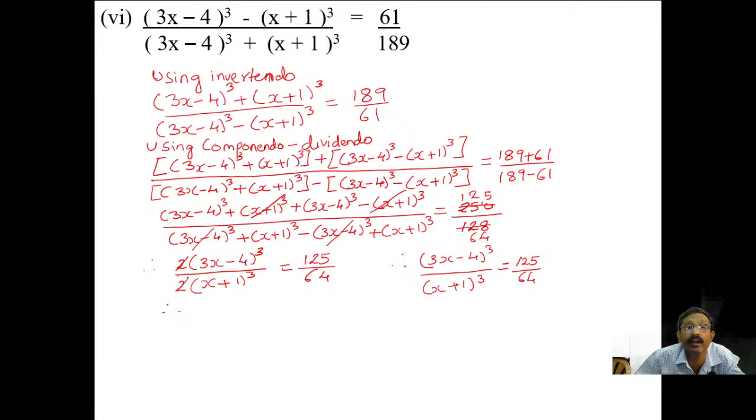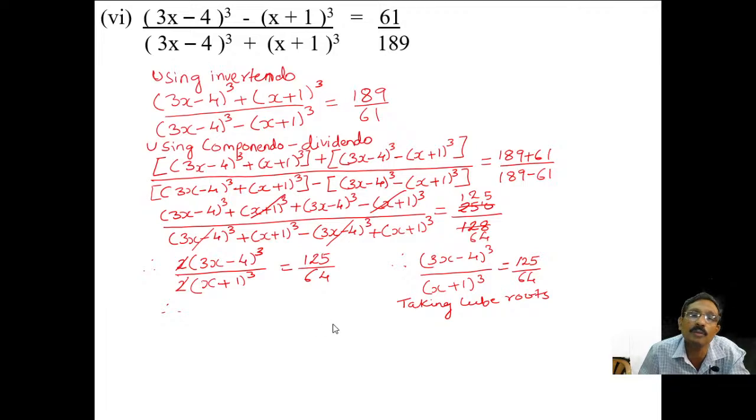What can be done here? Can we do anything here so that we can get this value? If you look here, you have got cube here, you have got cube here. Can I take cube roots of this? Yeah. So if I take cube roots on both sides,